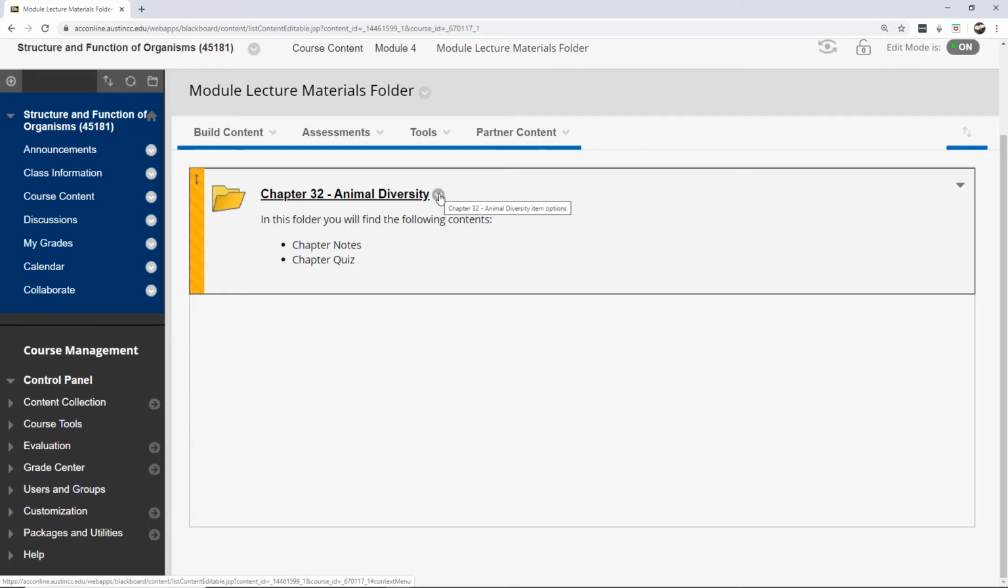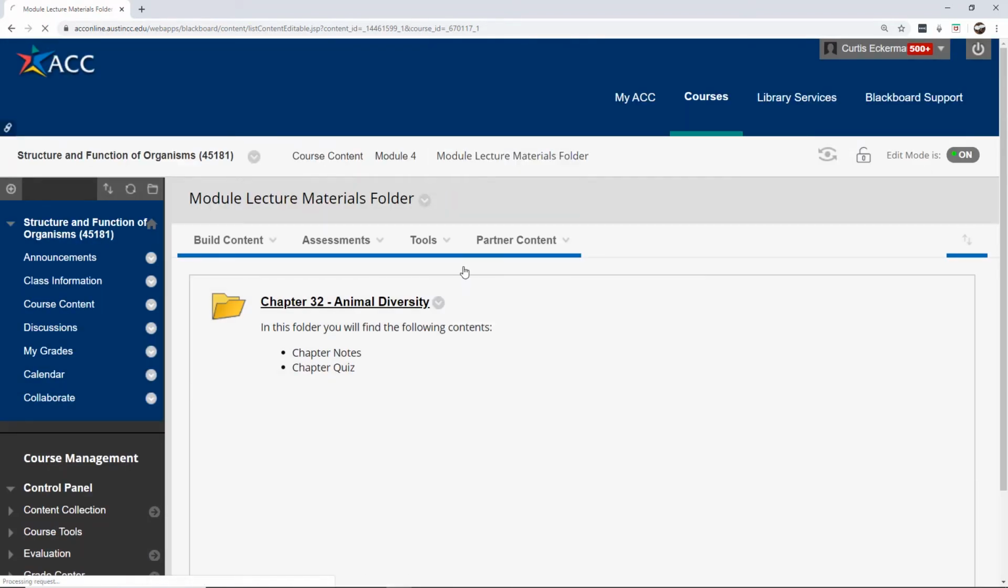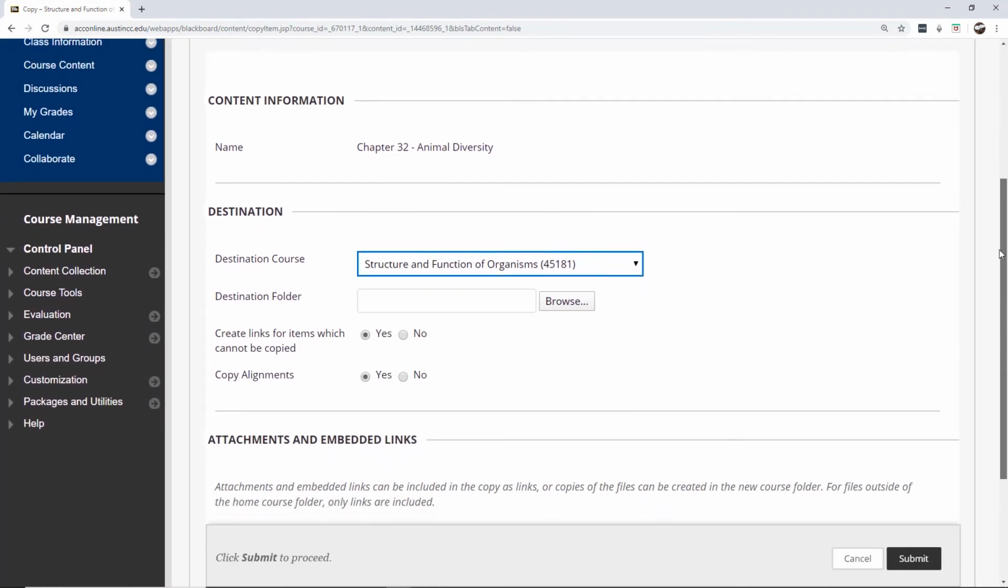I'm going to show you how to copy this, and I want to make 4 copies of this that I can then alter into the different chapters. So let's go to, instead of move, we're going to go to copy. And the nice thing about copying a folder is it will copy all of the contents in the folder, with